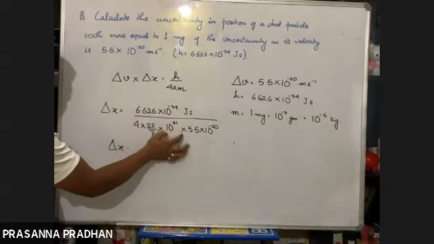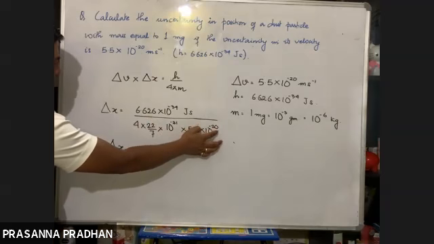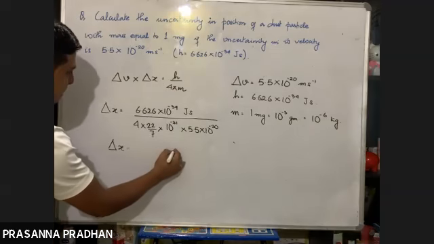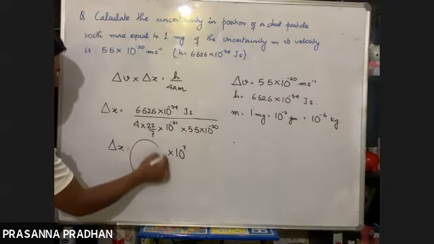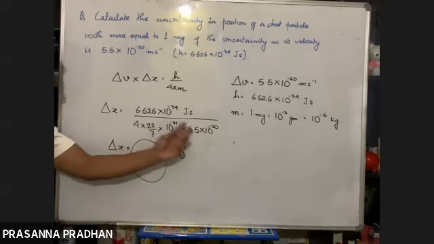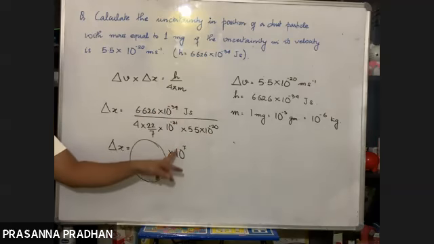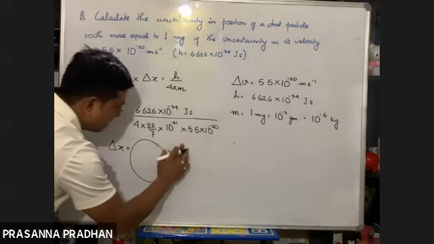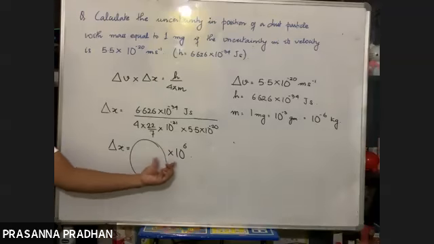So this will be 10 to the power minus 41. 10 to the power minus 41 goes up, so 41 minus 34 is 10 to the power 7. So it will be something multiplied by 10 to the power minus 7. I have not calculated this exactly. I've just calculated 10 power minus 41 goes up, 41 minus 34. Something into 10 power 6 or 7. But this number is quite big now.